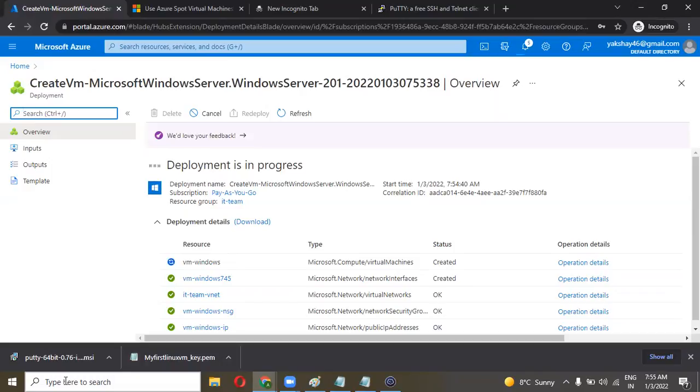First, the machine needs to be created. Once the machine is created, let's see what is custom script extension and how it works.